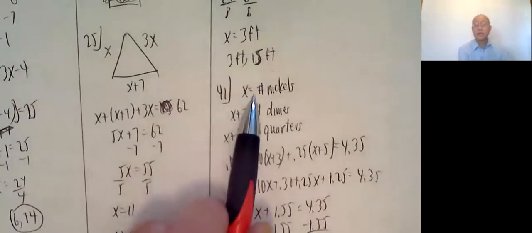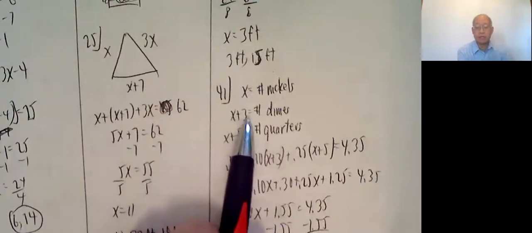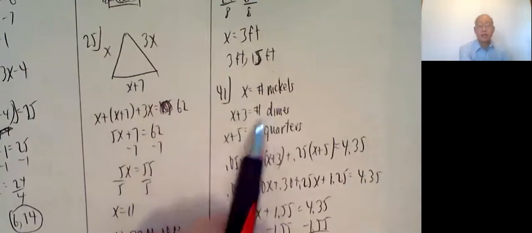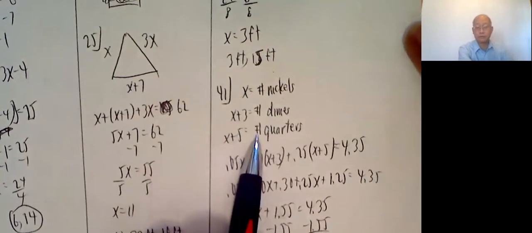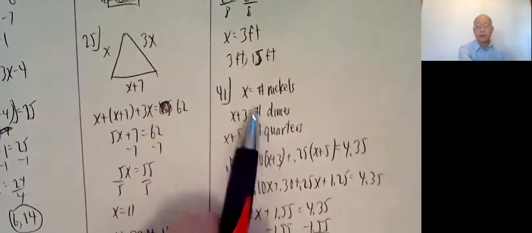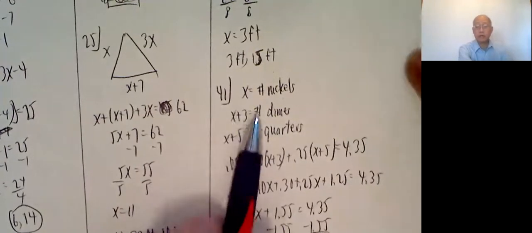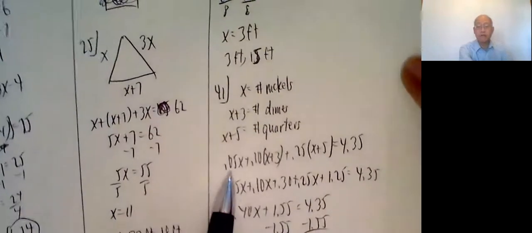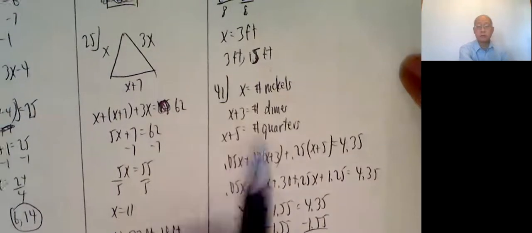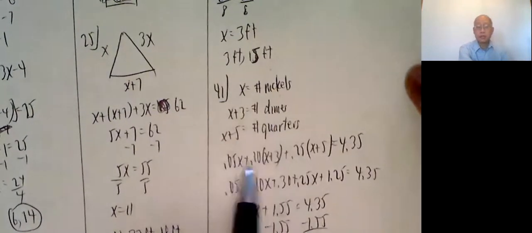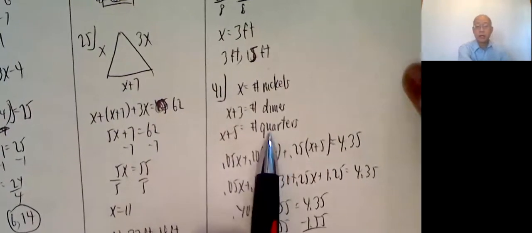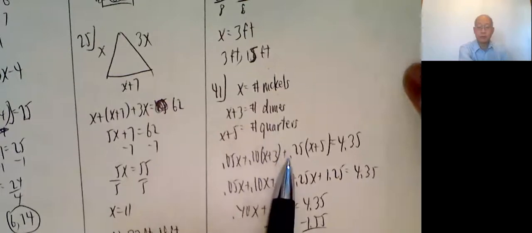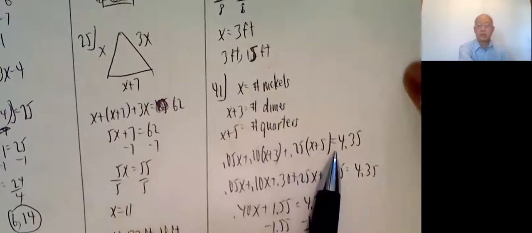So x is the number of nickels. They said that we have 3 more dimes, so x plus 3 is the number of dimes. And they said we have 5 more quarters than nickels, so x plus 5 is the number of quarters. All right, then I multiply each coin by its worth. Every nickel is 5 cents, so 0.05x is the worth of the nickels. The worth of the dimes is 0.10 times x plus 3, because every dime is worth 10 cents. And every quarter is worth 25 cents, 0.25 times x plus 5, and that equals a total amount they